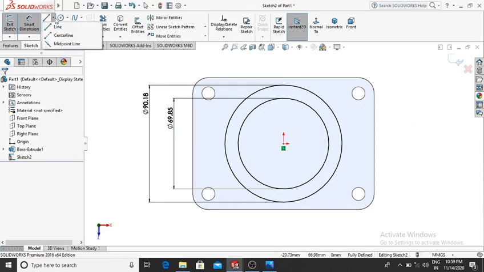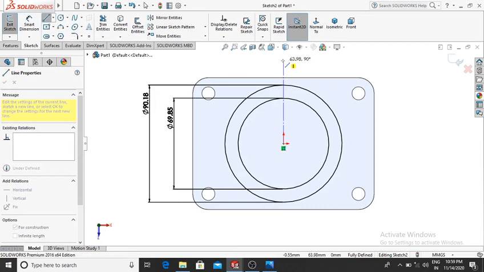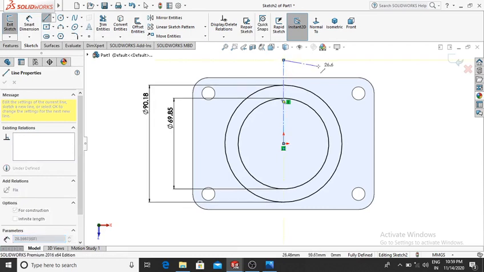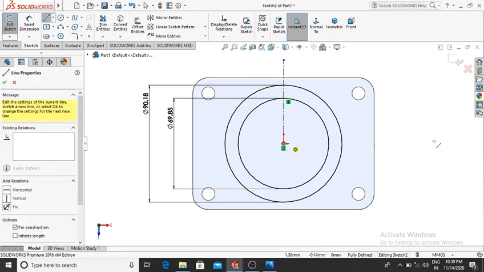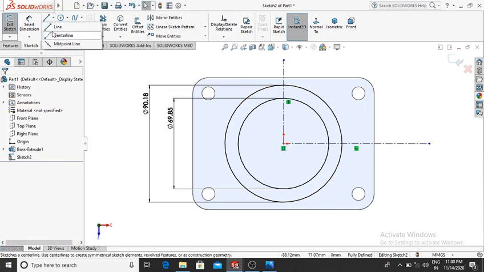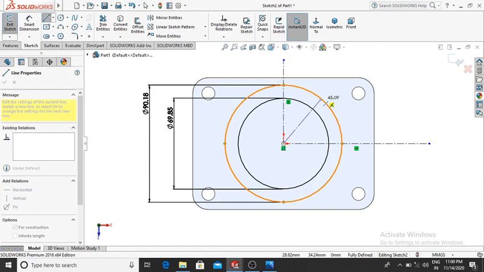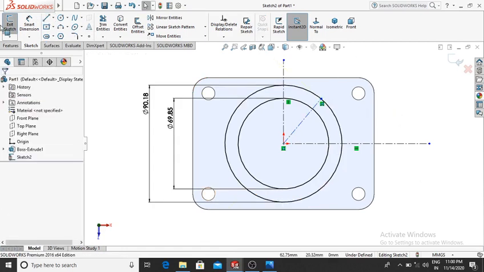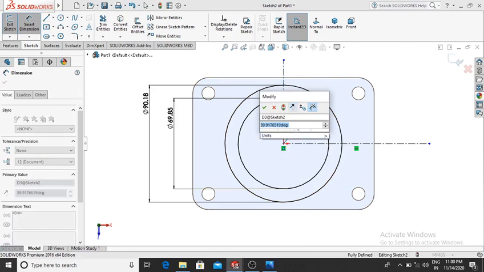And here we select the center line and make the center line from this origin, and make the line up to this circle point. Go to the smart dimension, the angle between both lines will be 45 degrees.